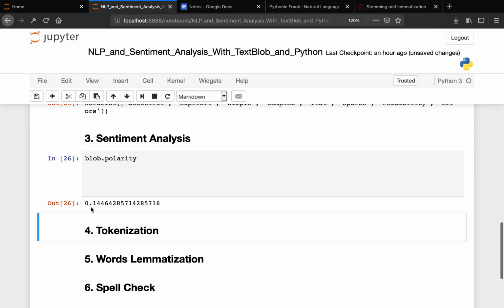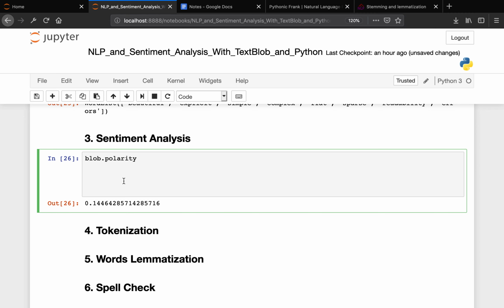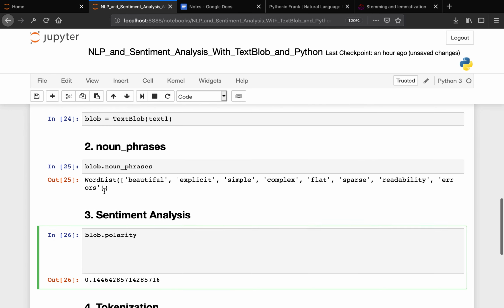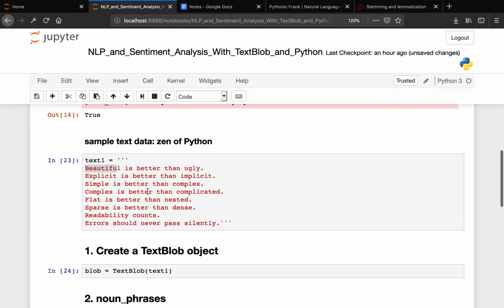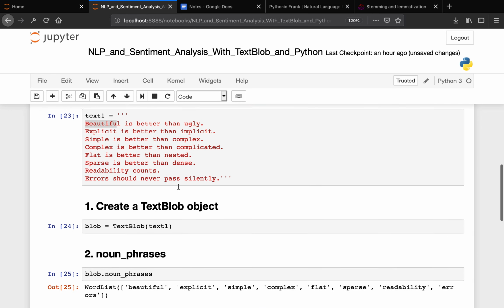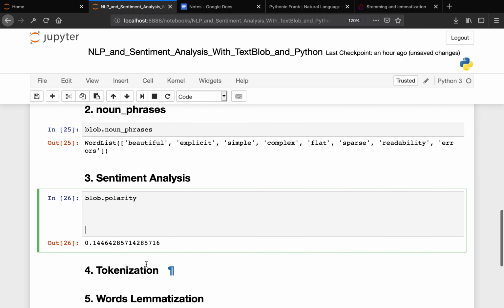Okay, this returns 0.14. This is a slightly positive value. That means this text is actually slightly positive. Yeah, and if I remember correctly,